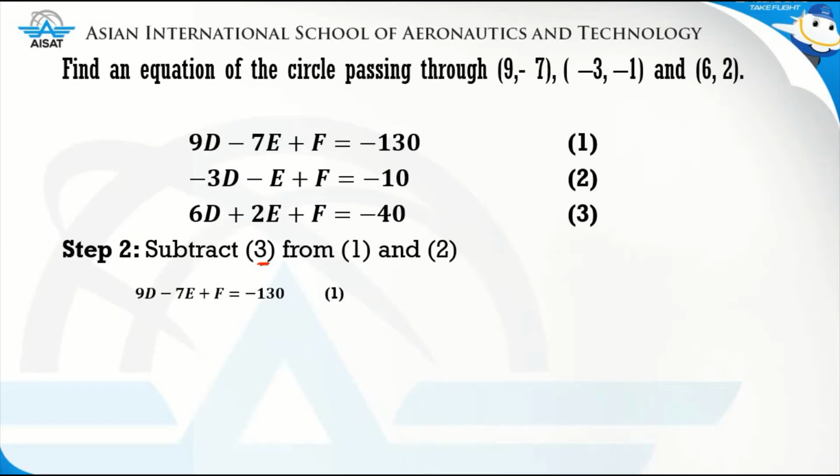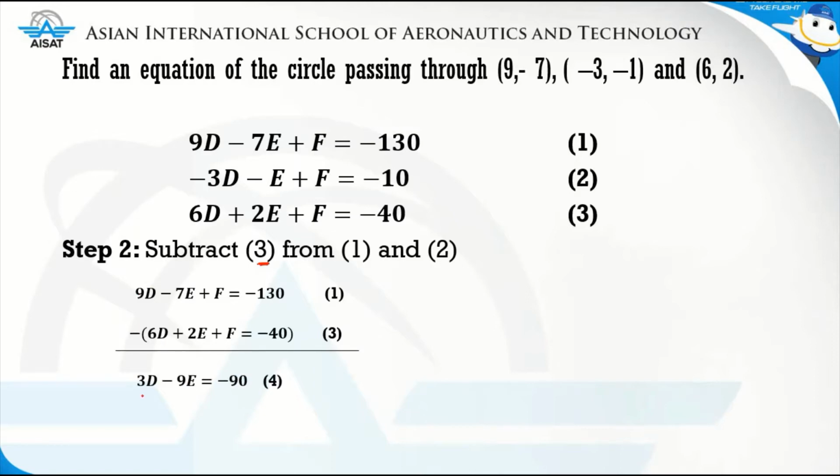So, to show you how we subtract equation 3 first from equation 1, we have here 9d minus 7e plus f is equal to -130. So, that is our first equation. We subtract the third equation, so that is minus the quantity of 6d plus 2e plus f is equal to -40. And that will give us a difference of